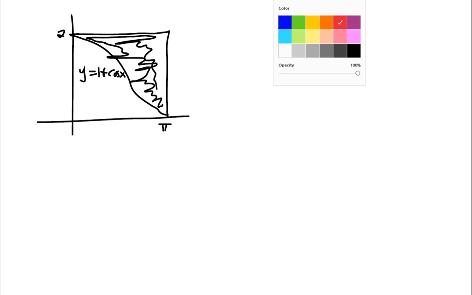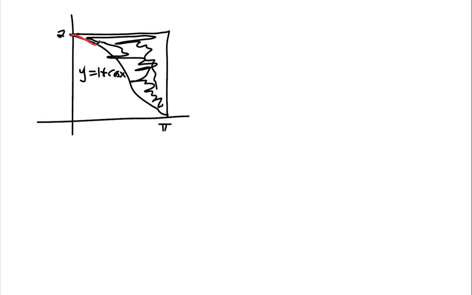We're asked to find the area of this shaded region, but remember what integration tells us. If we're integrating the function 1 plus cosine of x, this red curve, then it's going to tell us the area between the curve and the x-axis. So integration won't directly give us the right answer, but what you could do is you could say, hey, this